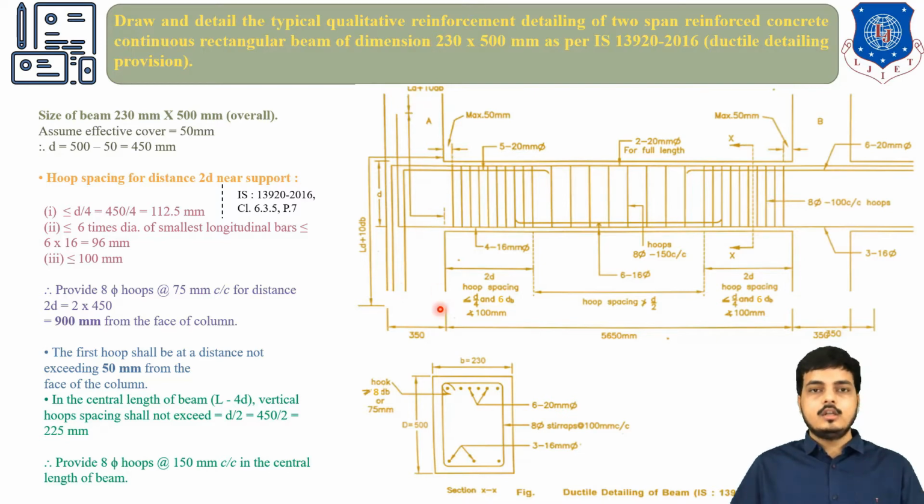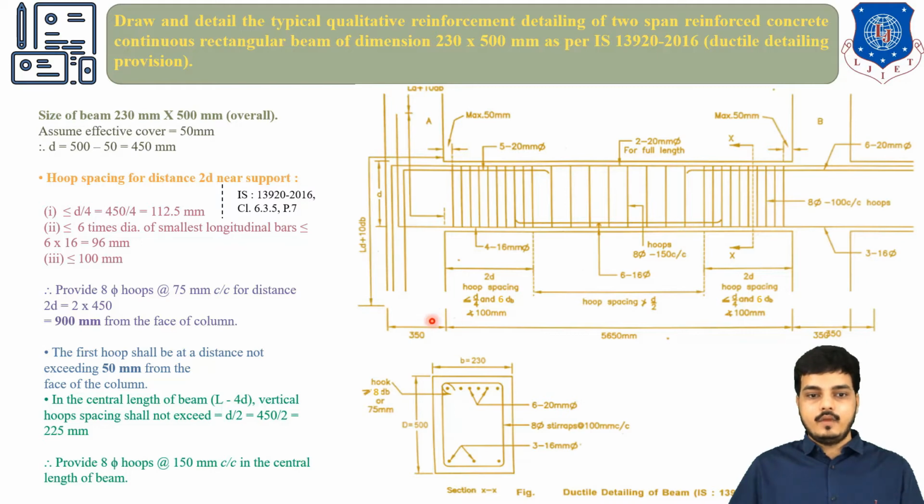So this is one end of the column. You just need to satisfy the ductile detailing criteria. You have to show that this kind of reinforcement can occur. So this is the bar which is going through and through, and which has been bent up to here. This top bar is going through and through and has been bent up to over here. Now this distance, as we have studied in the code, is LD plus 10 times dB. dB is the diameter of the longitudinal bar which is the largest one in the beam. This is as per the clause.